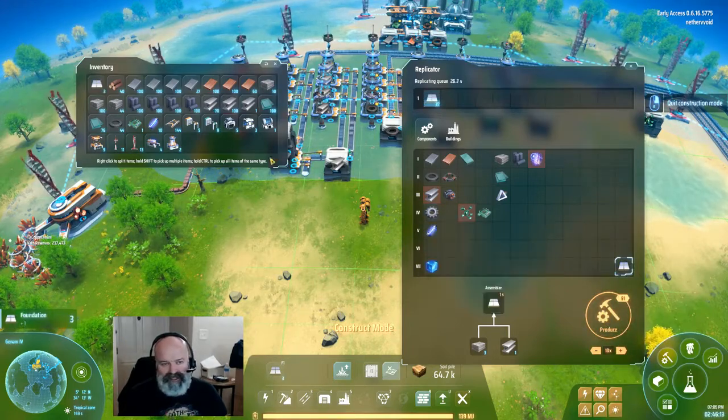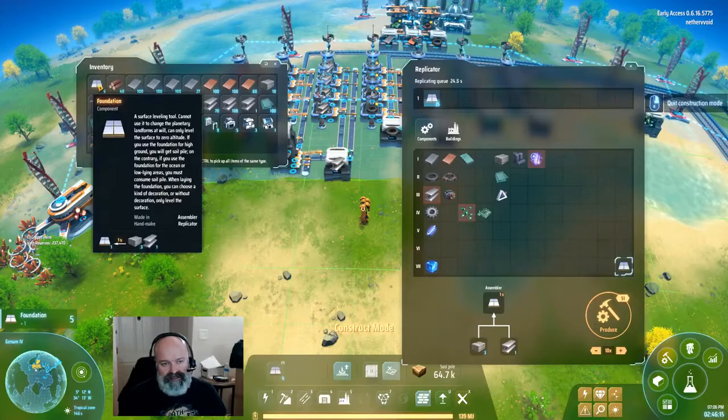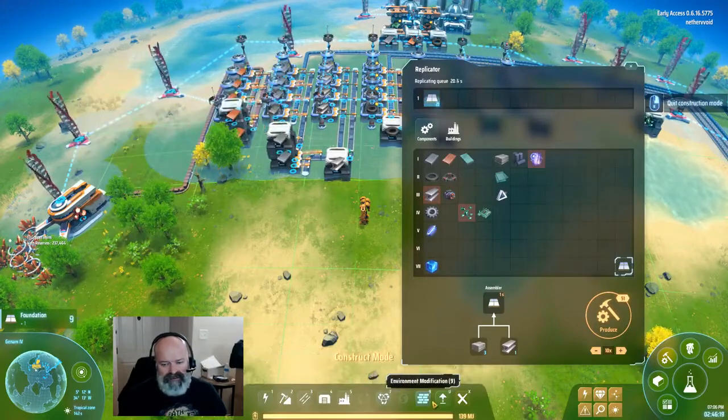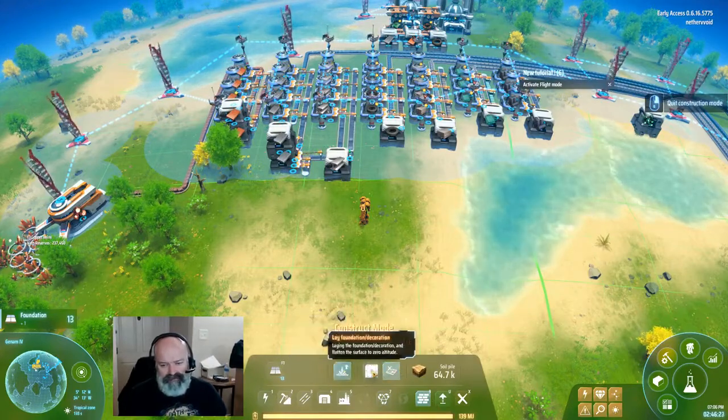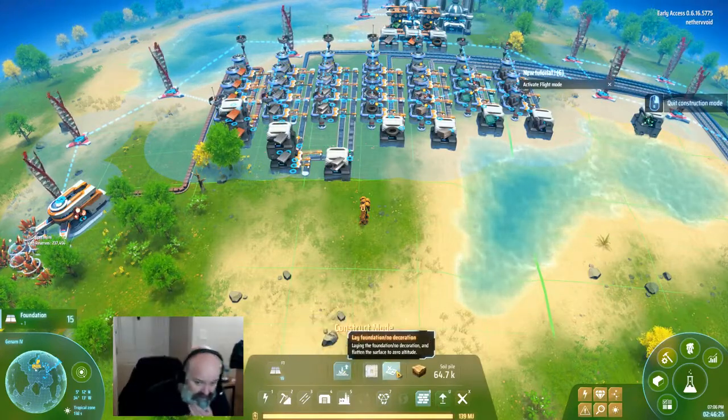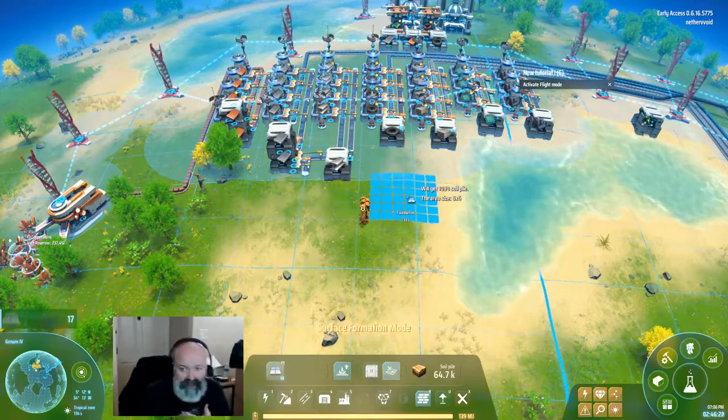Alright, let's just craft a bunch of this stuff. I have no idea. I thought you just needed that when you wanted to do the foundation mode, like this mode. I thought this, you could do it without that. So let's see if we can...